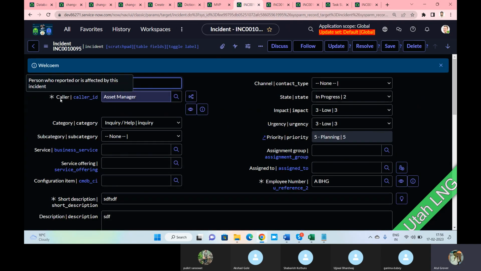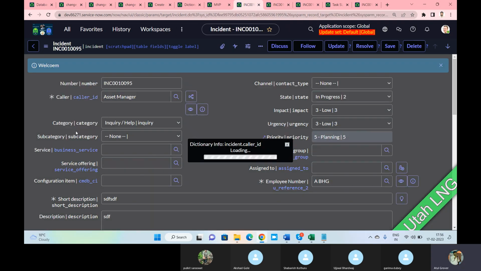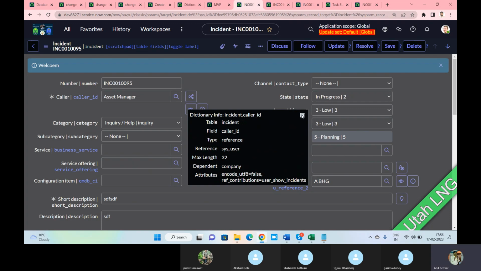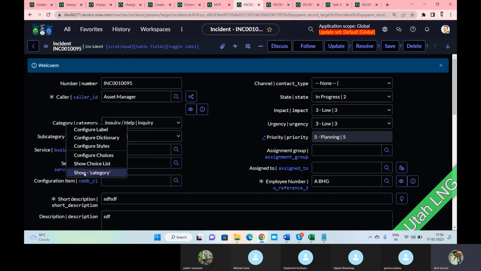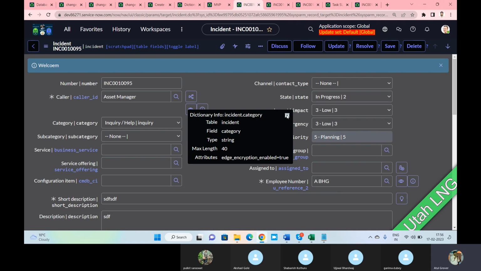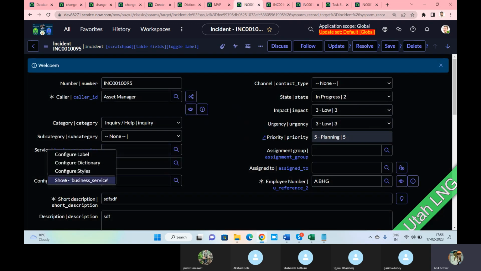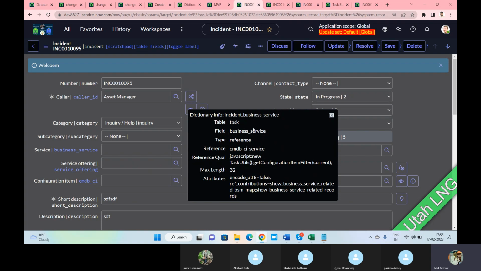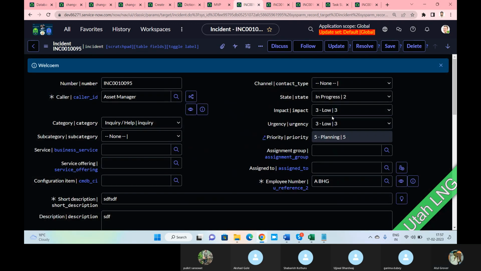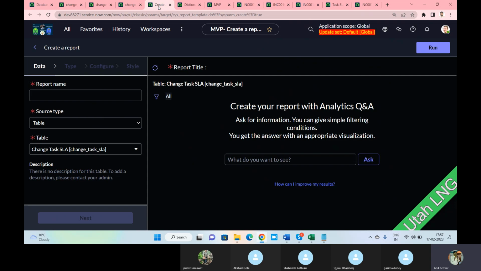From which particular table is it coming? Let's see. Caller ID. It is the incident table, so there's nothing much to do. Show category, incident table. What is coming from this part? Let's say this one. So now let's say I want to change the behavior of this particular field on the incident. So I'll go here